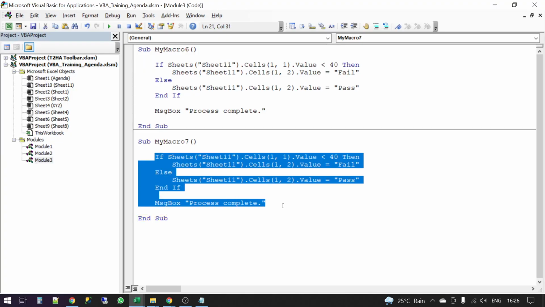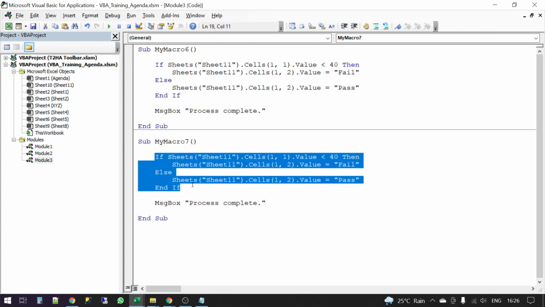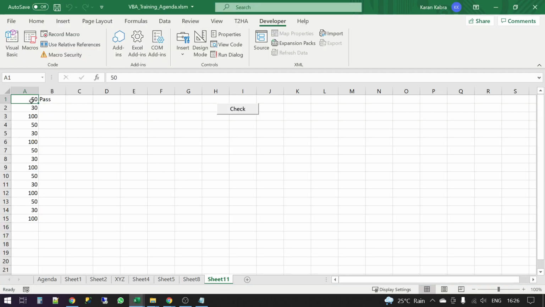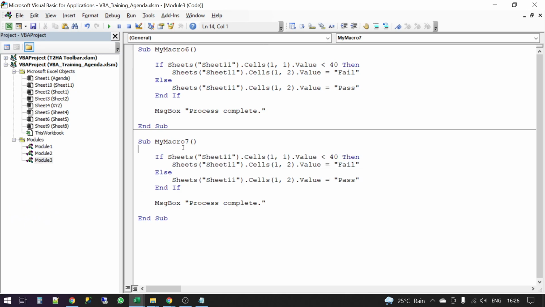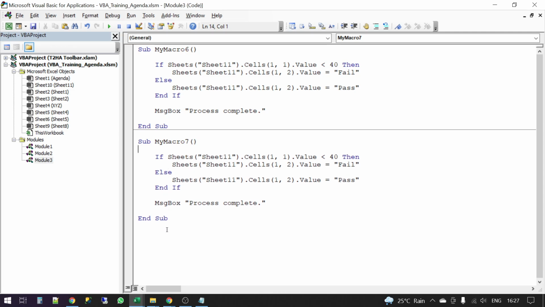And if we want something to repeat over and over, so if I want this to work on all the rows from 1 to 15, I will have to write something for that, which is called looping. It is called a loop. A very basic way to write a loop, I'll create another macro just to have a very basic line.